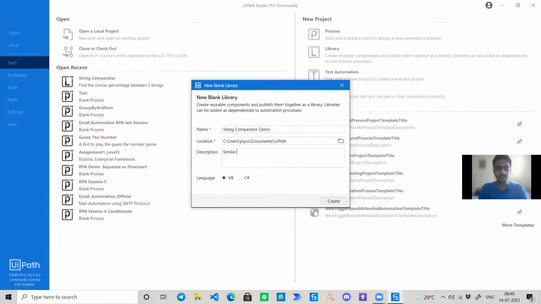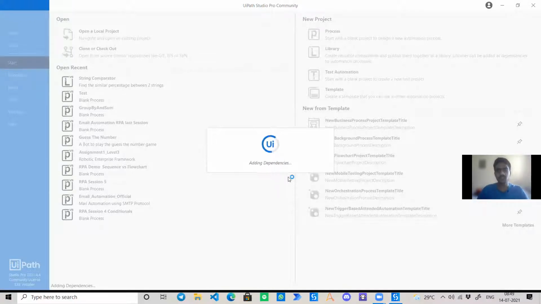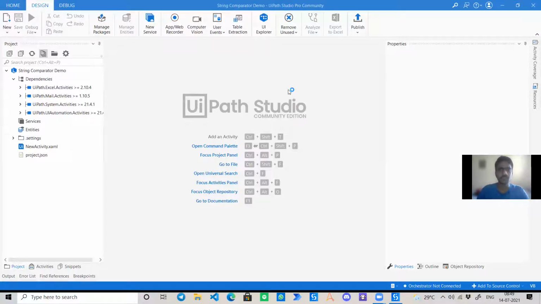Okay, so I will just write similar percentage for two strings, or maybe you can expand this component to multiple strings. Just give multiple strings as input and you get a similar percentage between them.